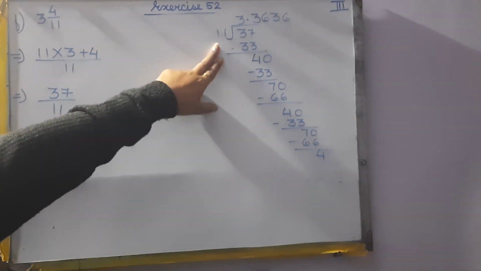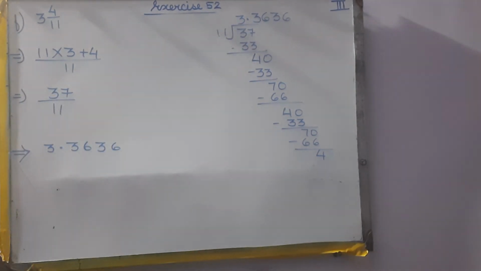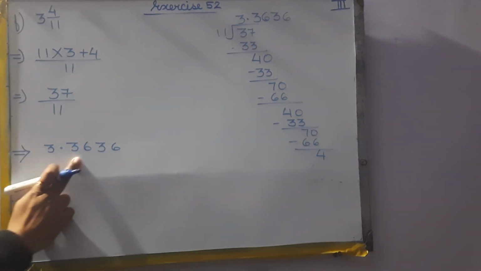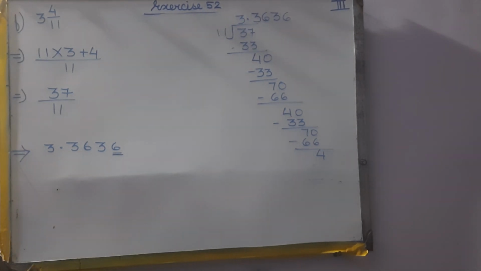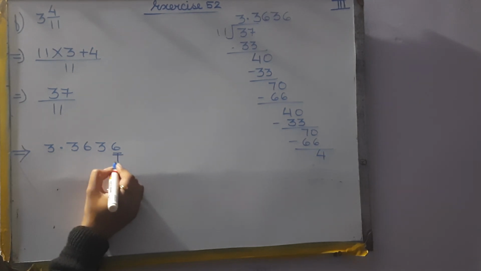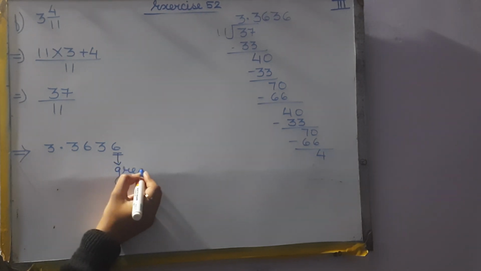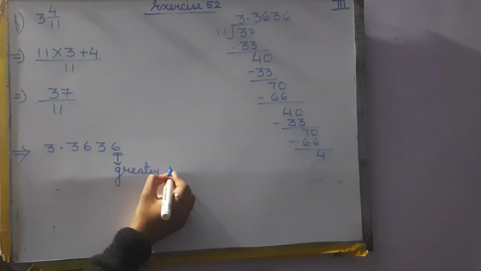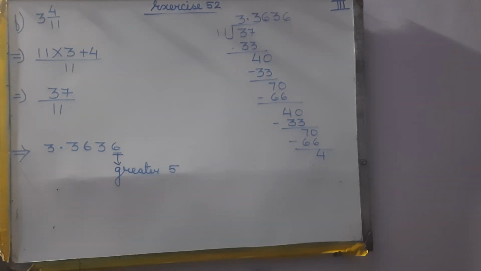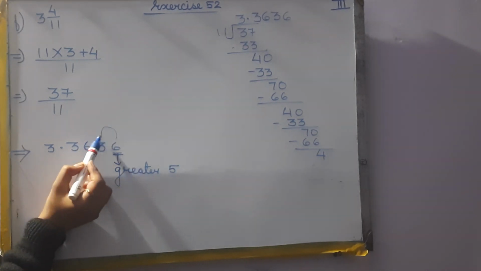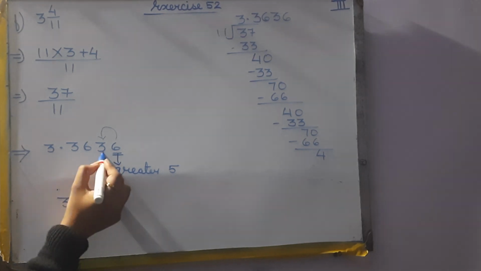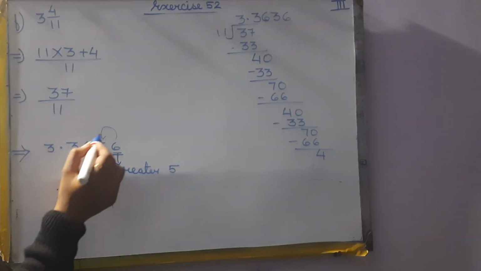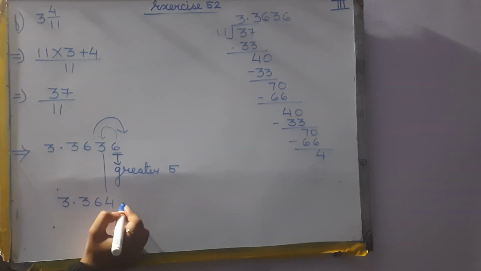So when we divide 37 by 11, we have got the quotient 3.3636. Now which place are we going to see? We will see the fourth decimal place. The number is 6, which is greater than 5. Now what are we going to do? We will increase the third decimal place by 1. It will be 3.36, and 3 plus 1 will be 4, and replace the numbers after that by 0.